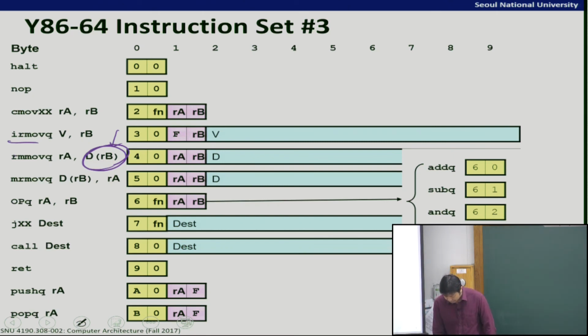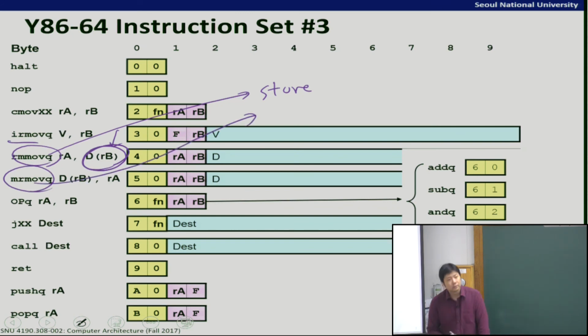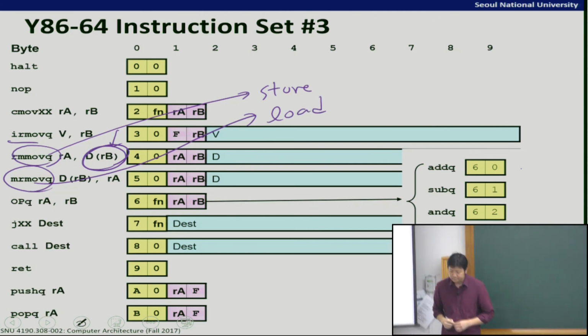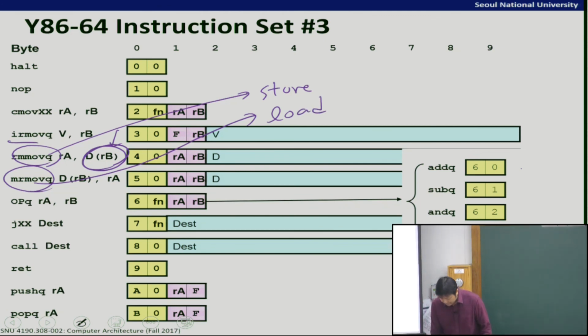And this is MR move, the opposite direction. This is, by the way, called a store instruction because we copy the value of a register to memory. This is called store. And what is the opposite of a store called? Copying a value from memory to a register is called load, right? Load and store. And this OPQ is an arithmetic operation, which, depending on